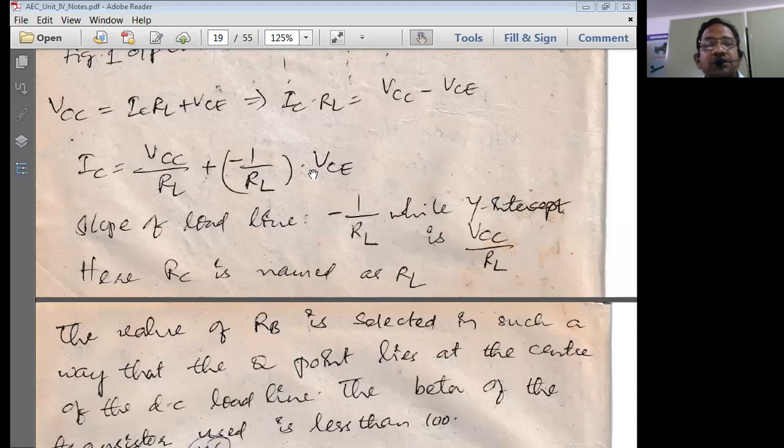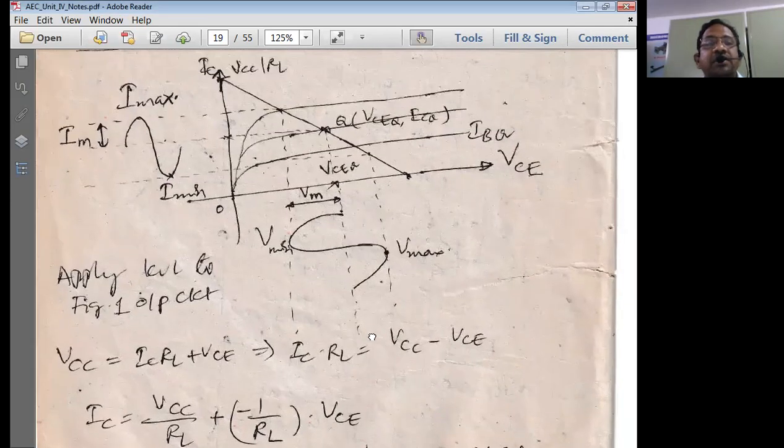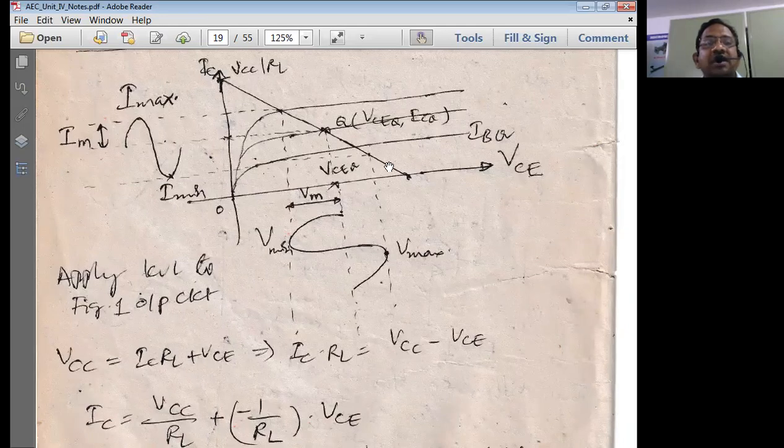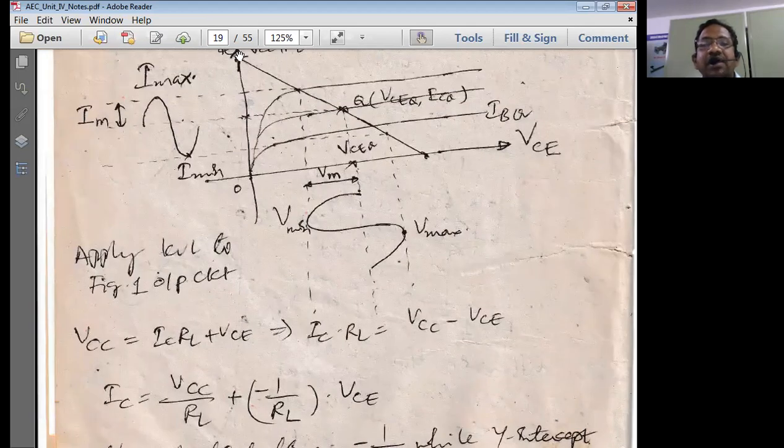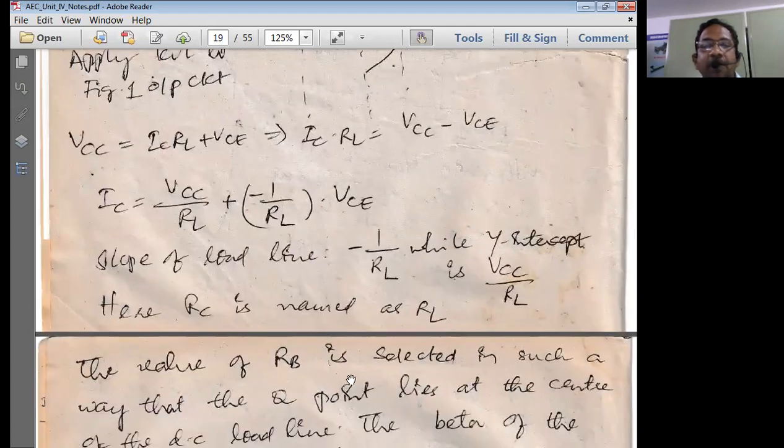Now from this equation, we can say that we will be having a decreasing slope. That's what we're getting, the load line as a decreasing slope line. If you go on find out the slope, we normally going to get a decreasing slope. That is why the line is simply coming in a decreasing order.